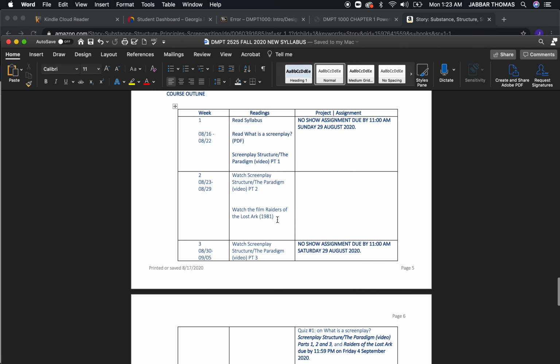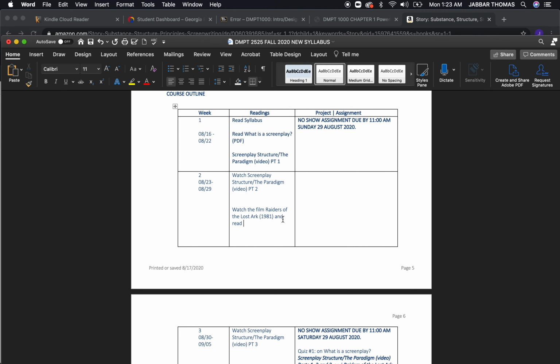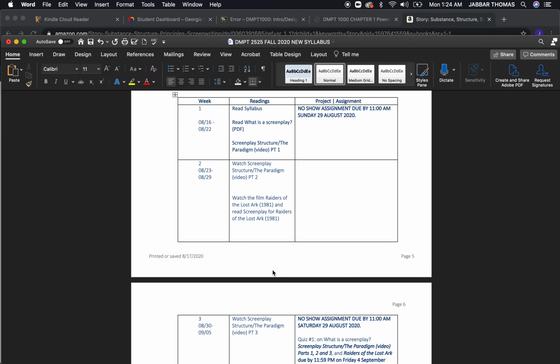Okay, watch Raiders of the Lost Ark, and read the screenplay. Okay, one of the ways I like to work is I like to read maybe one act. That will be, in this case, like 28 to 30 pages of the screenplay, and then watch that same act to see how they interpreted that screenplay